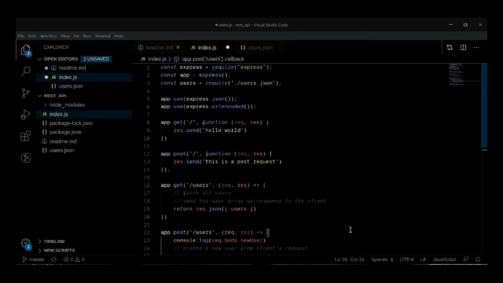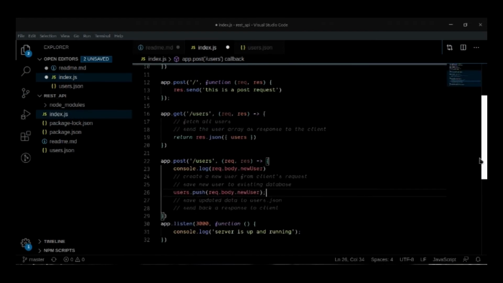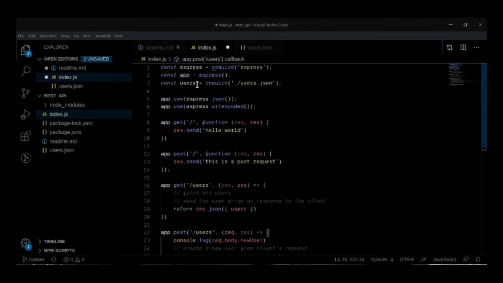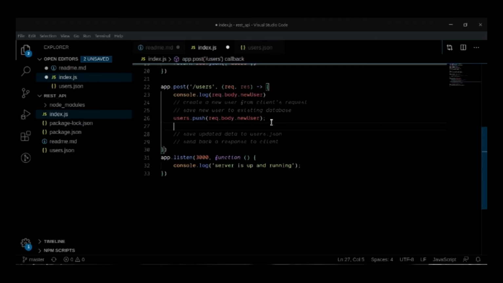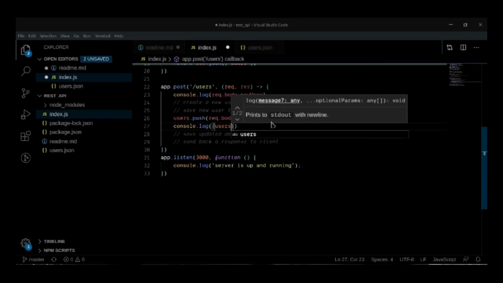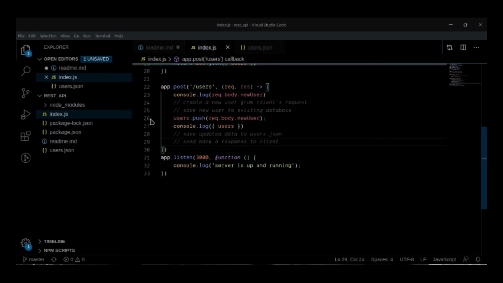I'm going to console.log the users array that we have here, and then we're going to manually check the users.json file to see if there were any changes. I'm going to save this now, and then I'm going to say console.log users,